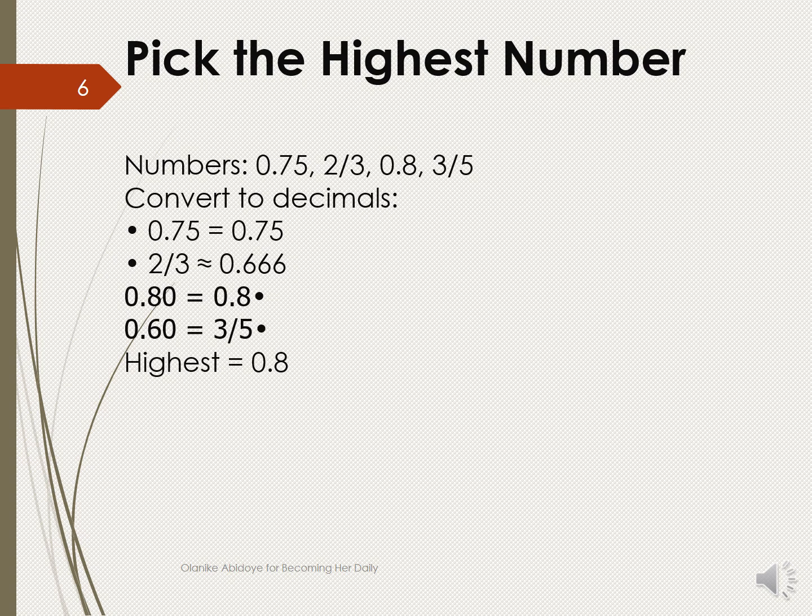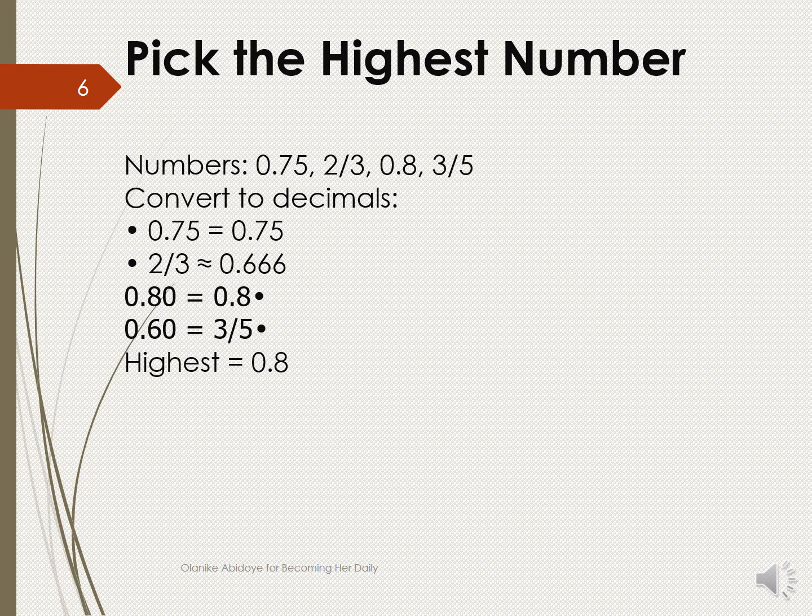Then we put a point, then we put 0 at the back of 3 to make it 30. Then we say, how many 5 in 30? That will give us 6, so that will be 0.6. Then we say 6 times 5, that will be 30. Then 30 minus 30 would give us 0, making us have 0.6 as equivalent to